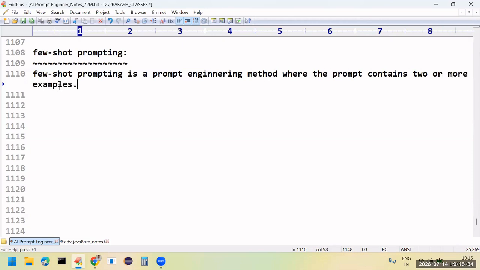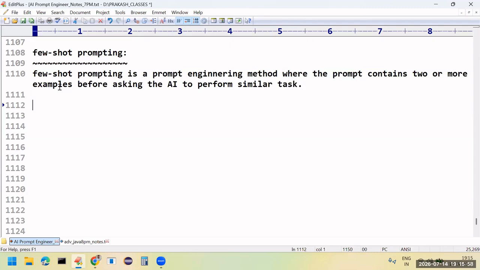Sir, if it is having one example, then it becomes one shot. So minimum two, more than two is also allowed. We are providing two or more examples before asking the AI to perform some similar task.